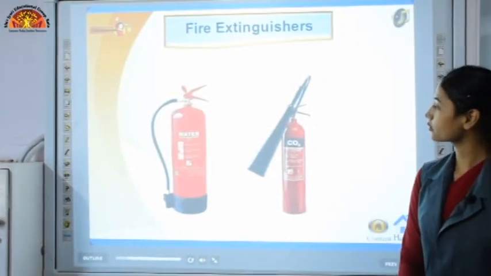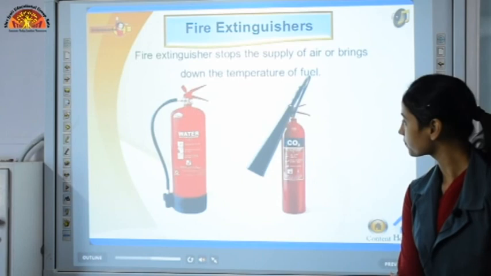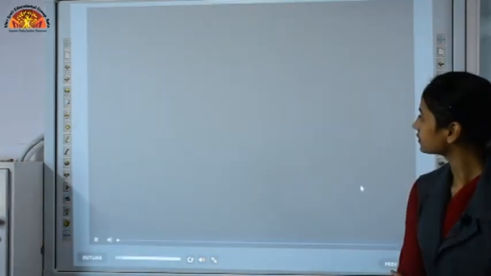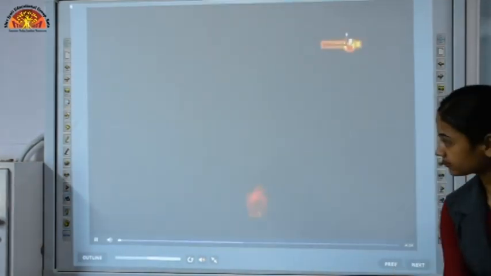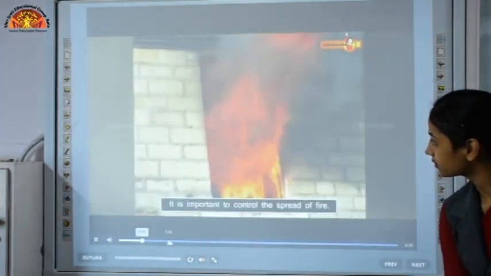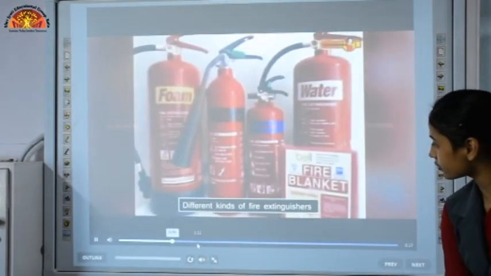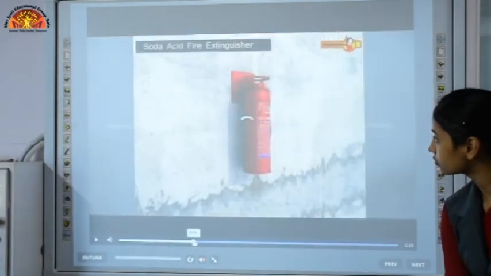This is a fire extinguisher. Inside this, what is present? Carbon dioxide. This fire is not wanted by us. These are different kinds of fire extinguisher, foam type,